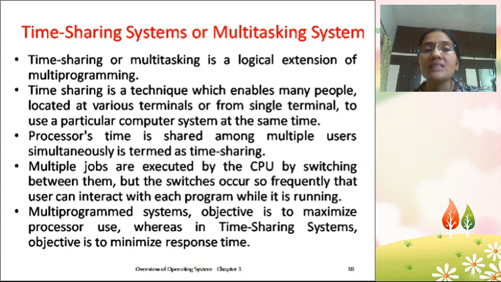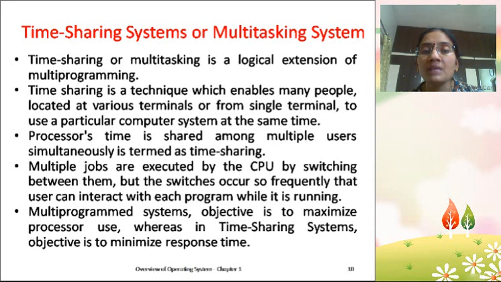The next is the time-shared or multitasking system. Time-shared or multitasking is the logical extension of multi-programming. Time sharing is a technique which enables many people located at various terminals, or a single terminal, to use a particular computer system at the same time.